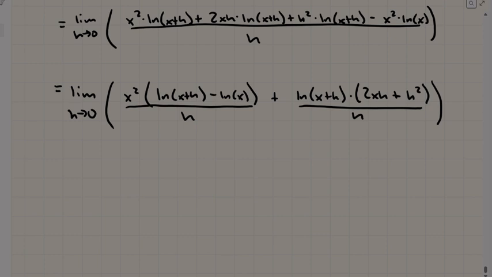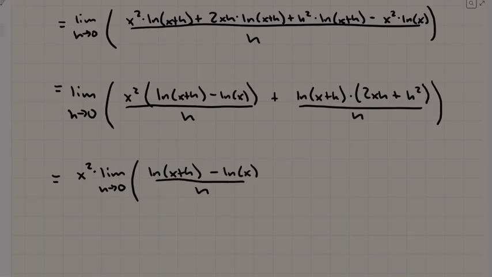And also, when we do this one that has the x squared, if it has an x that doesn't depend on h, it can be pulled out to the front. So then that first part of the limit turns into x squared times the limit as h approaches 0 of ln(x + h) minus ln x over h. Plus, now I guess you want to be careful, since we multiplied x squared times the first one. Remember, that was because it was in the first term. We would not do that on this second term, right? So it would be just plus the limit as h approaches 0 of